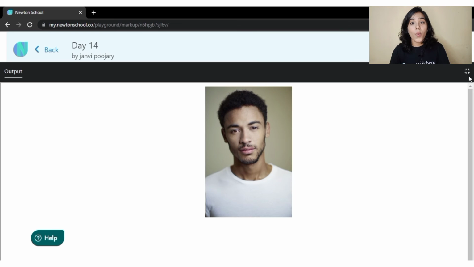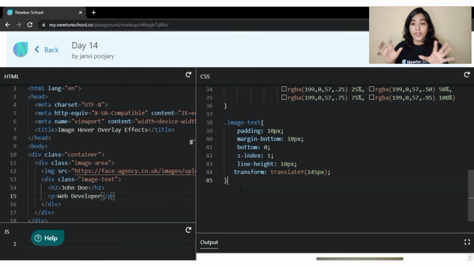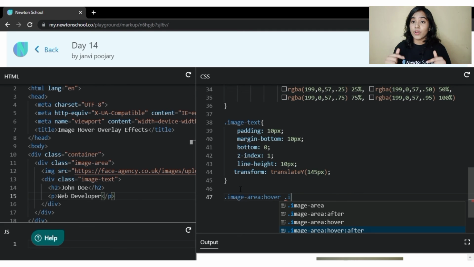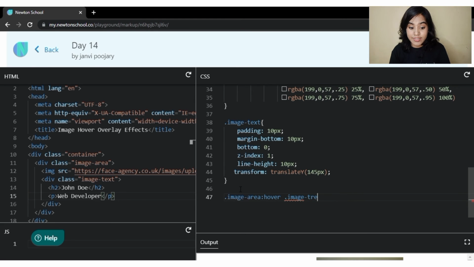And yes, now whenever somebody hovers on the image, at that time the image text, the information we want, should come up, and its translate y should be 0. Why are we writing exactly this 0? Because it should come up to its original position. That is why we are doing it as 0.